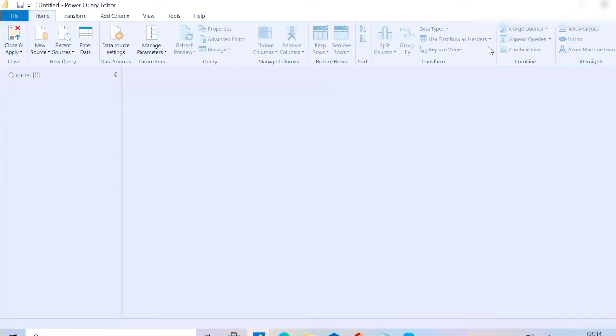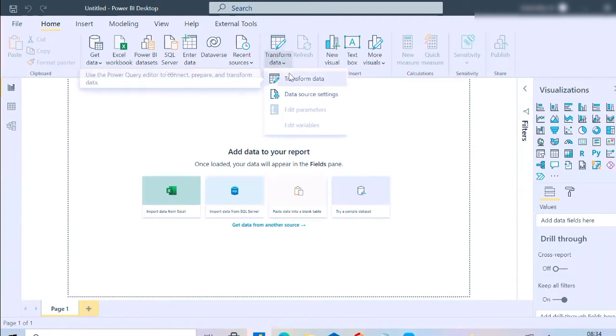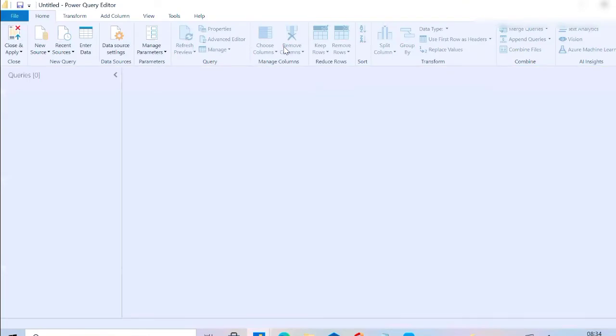Once again I'm repeating, in Power BI desktop, if you click on this transform tab, it will show the transform data, or if you click on the upper transform data, simply click on it and it will directly open one new page, a new window. That new window we can call it as Power Query Editor. In this Power Query Editor, majorly we can implement